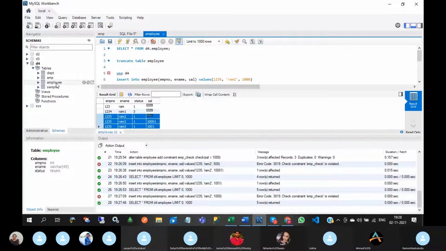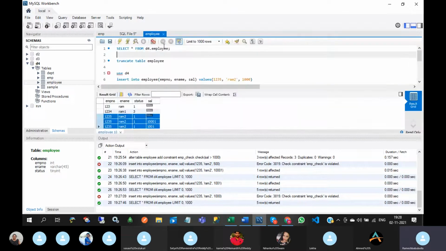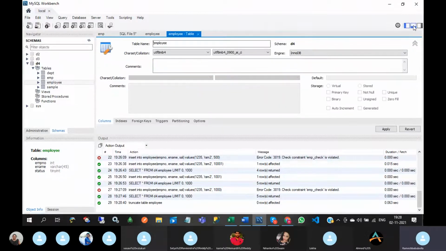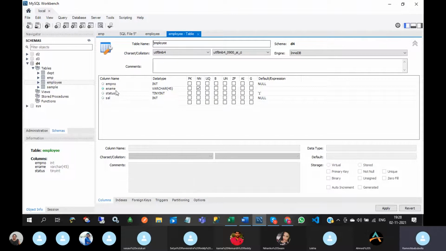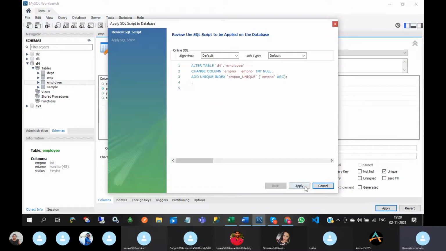So for the employee table, delete the data, and go to design. I want employee number to be unique, so unique index. Okay.